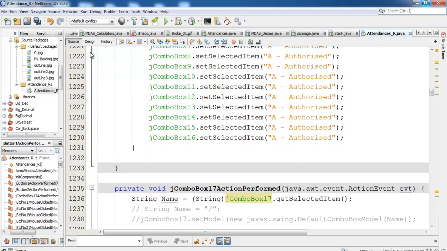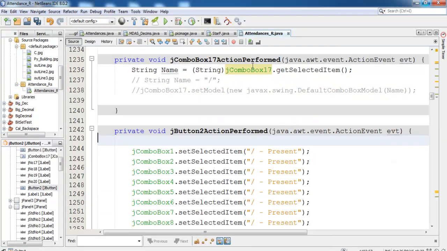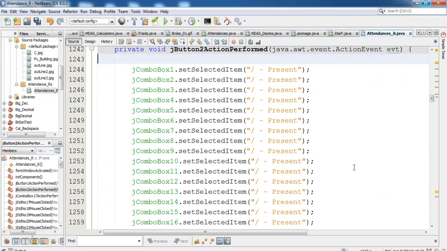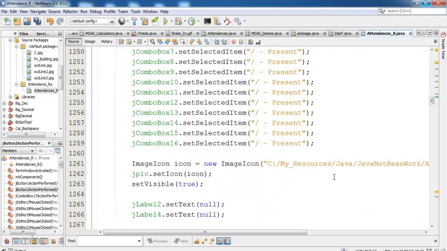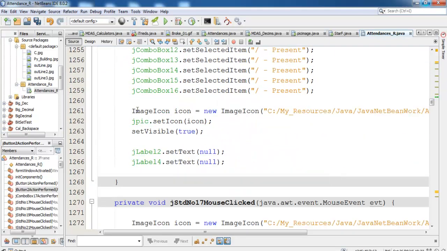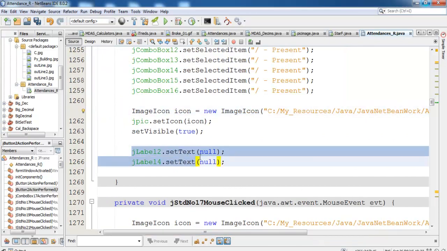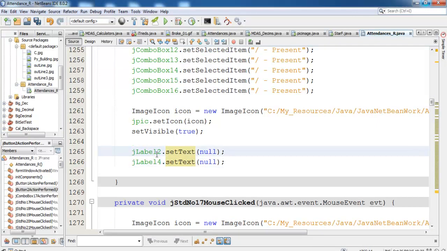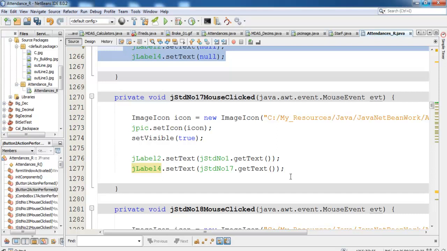Okay, let me show you the other one, which is clear. Double click on that. That's very easy. Okay, the default is present. So if I click on clear, the whole combo box becomes present, and the following images, the default image shows. Okay, and the content inside label 1, jLabel 4 becomes nothing, becomes empty. That's all there is to it, and that's how you develop your own